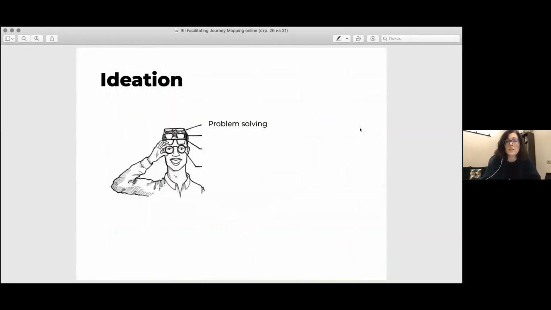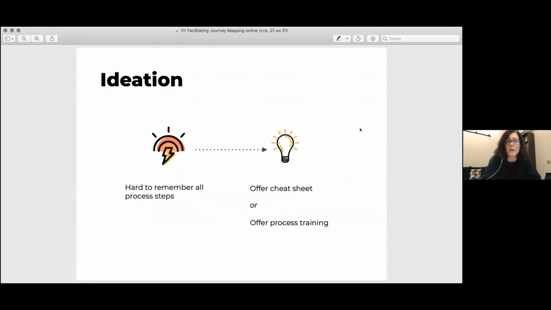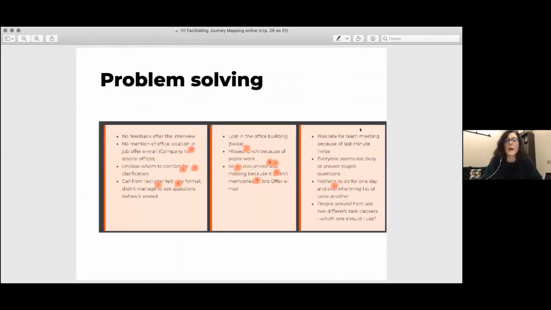And of course, it's important. Problem solving is actually part of the reason we do the journey mapping. So yeah, it's important to do that. And it's really straightforward. You find the problem, you create alternatives for how to solve this problem. Okay. And if we're talking about specific tricks, again, while working in UXPressia,